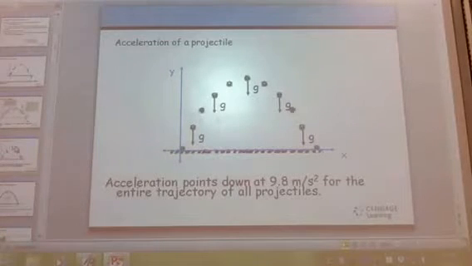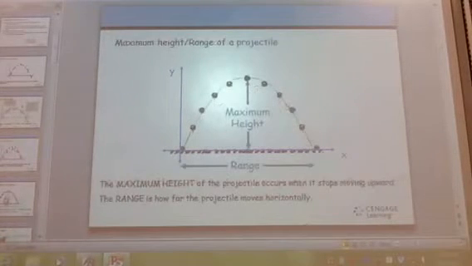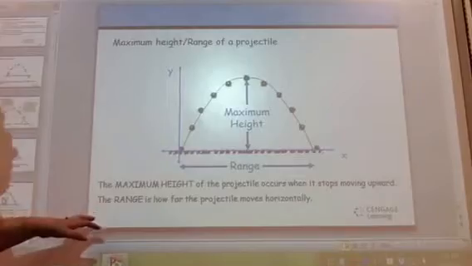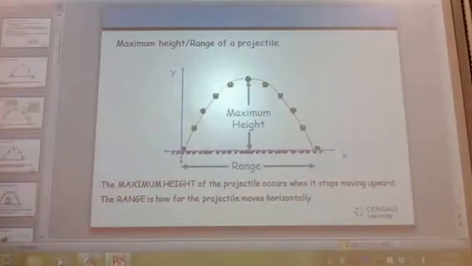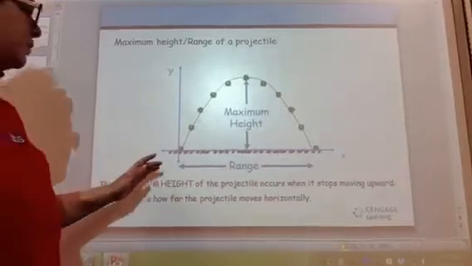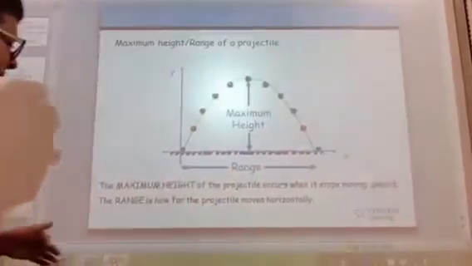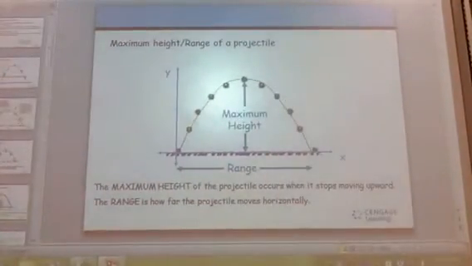So I still have some type of acceleration there. Okay, we've already kind of talked about this, but maximum height is just where my projectile stops moving upward. So that's where my y component of velocity is 0. Now, we also have something that we call the range, and your range is just how far your projectile is